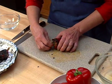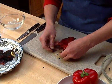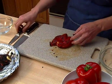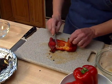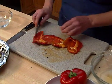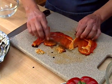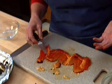And then I'm going to pull the stem from the top, and sometimes seeds come out with it. Today that didn't happen. Then I'm going to make one little slit in my pepper and open it up, and you can see those seeds. I'm going to scrape the seeds and the membrane out with the dull edge of my knife. And there you go. That's how easy it is to roast a pepper,